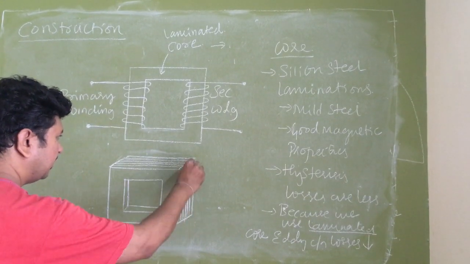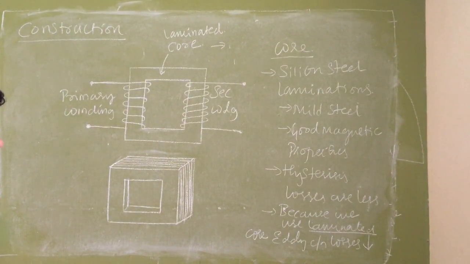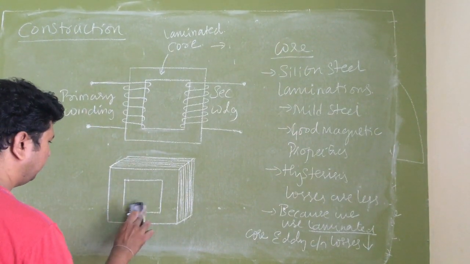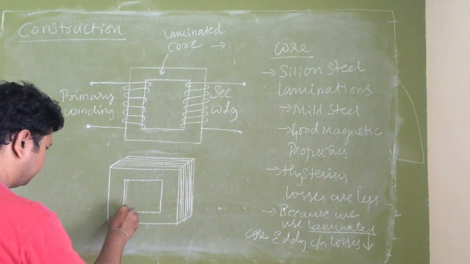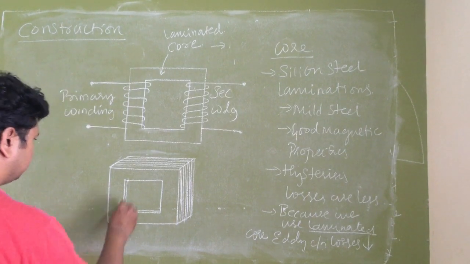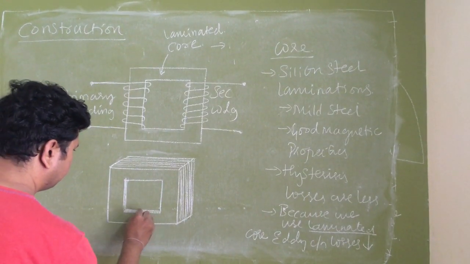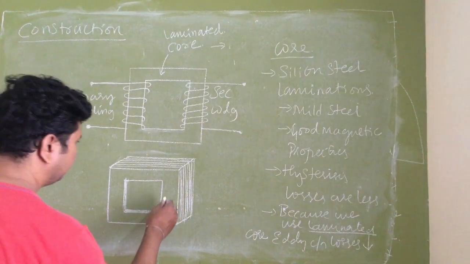Each line is one lamination. This is how the transformer core is made. This is the thickness. When I place the winding on this transformer core,